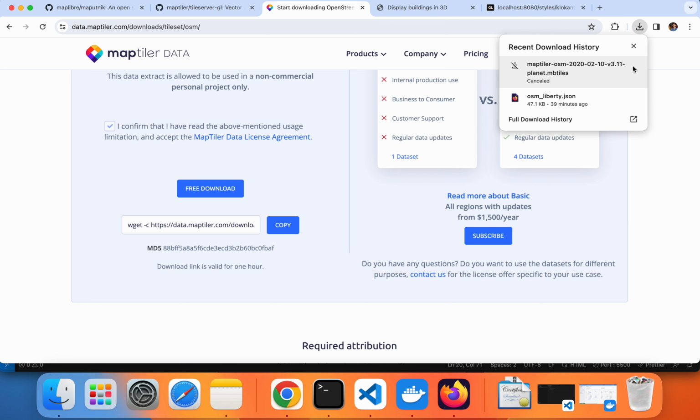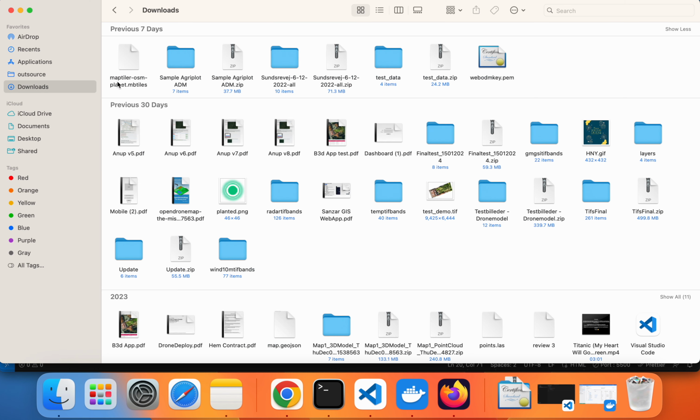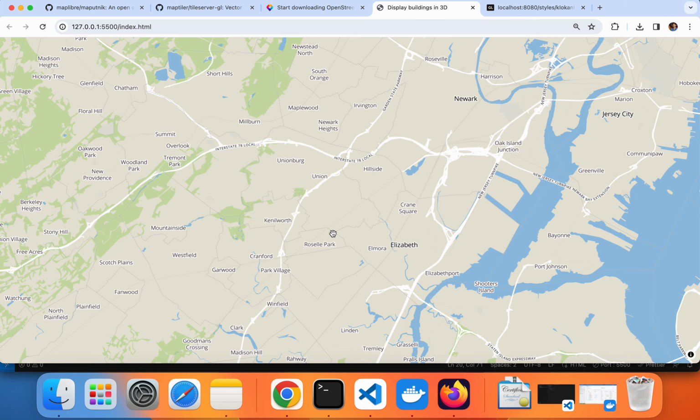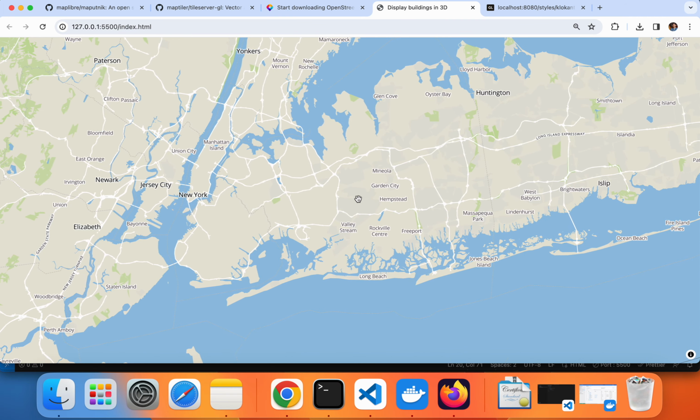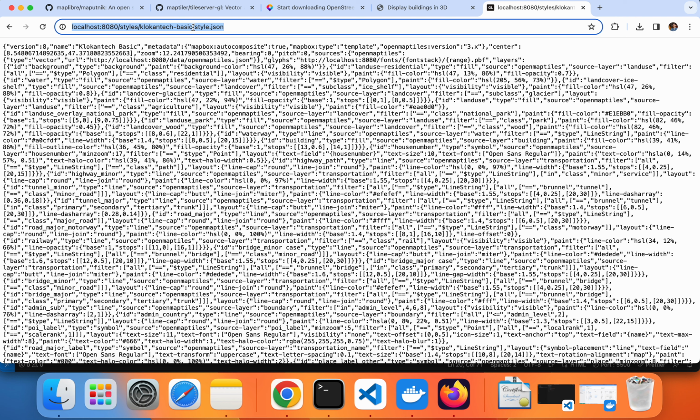Tile server. Okay, I will cancel this download because I already have the file. It will take some time to download. Now the next thing I need to show you is how to have your own style. Maybe you don't need the basic one. Most of the time you see the basic map, so that style is already configured. Since MapLibre and Mapbox also have that basic, that's a global style we use for the normal base map. But if you want to change it, then what you need to do is